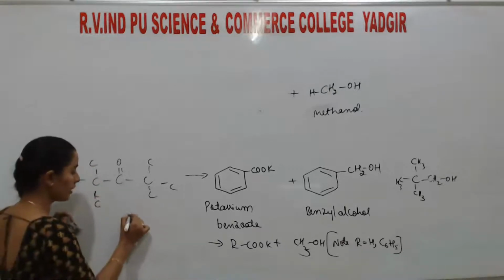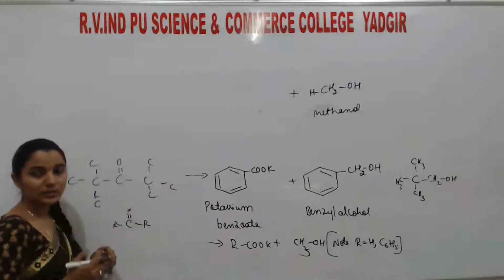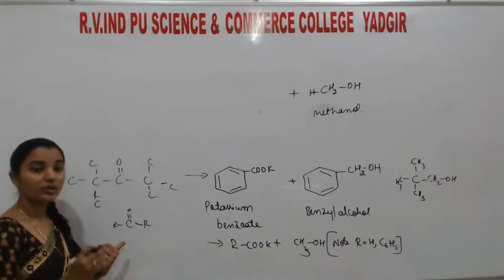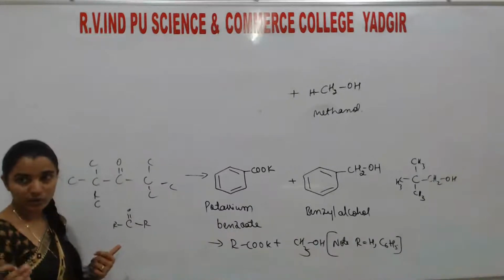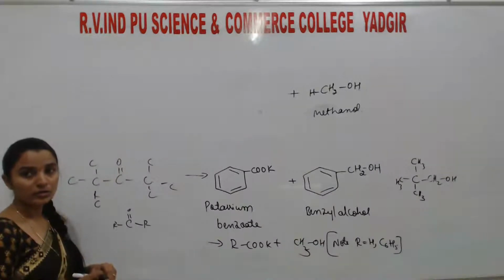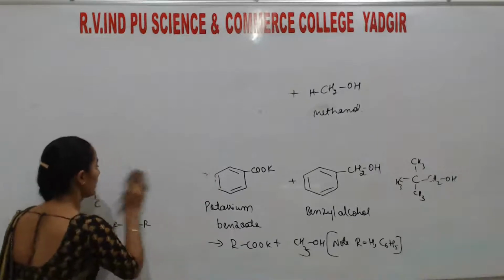And remember, if we take a ketone, the R group is there on both sides, and at least it consists of one or two hydrogen atoms. Then there must be a possibility of the presence of alpha hydrogen. If alpha hydrogen is there, then it cannot show the Cannizzaro reaction. Okay, that is the thing you have to remember. Next one is